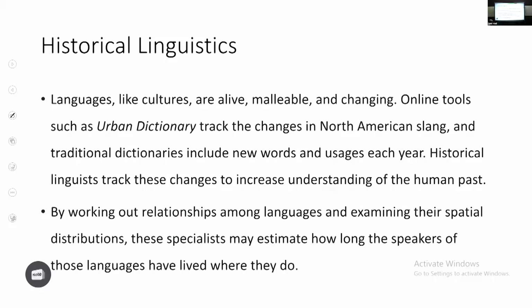Historical linguistics is something that deals with the evolution of language, how language has evolved. Why is this important? Because by understanding how language evolved, or understanding the similarities between different languages, we can understand ancient migratory patterns. For example, how do we know that there was Aryan migration? How can we prove Aryan migration? One way to prove the Aryan migration theory: